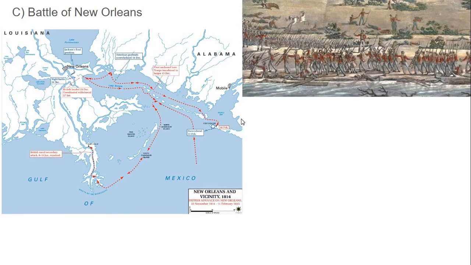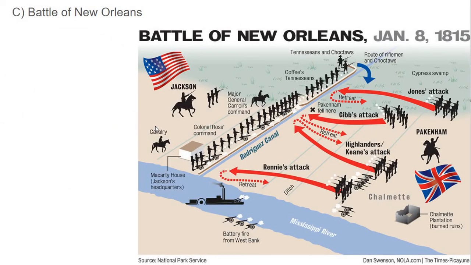And then the most famous battle of the war, which, as we mentioned, happens after the war is already over. The British had already launched an invasion fleet to try to take back the port of New Orleans. The Americans were unable to stop them from landing effectively, and so the British are able to land and prepare to assault the city. But Andrew Jackson comes south and takes command of American troops and wins probably the most decisive one-sided victory in